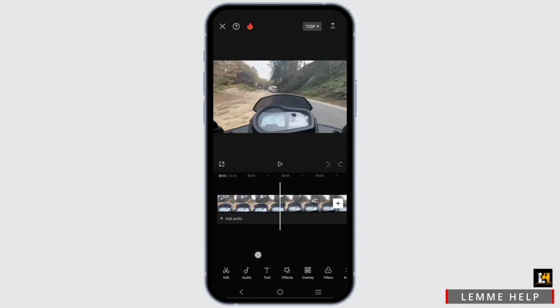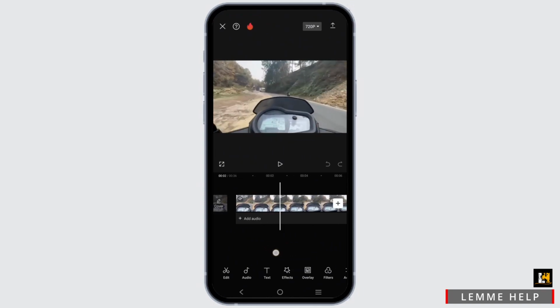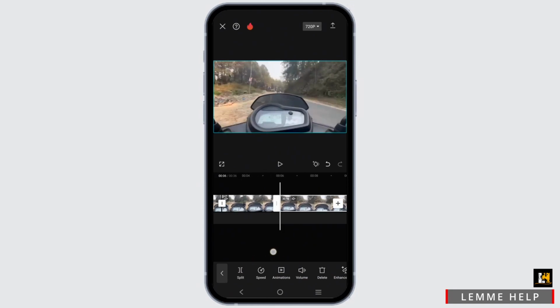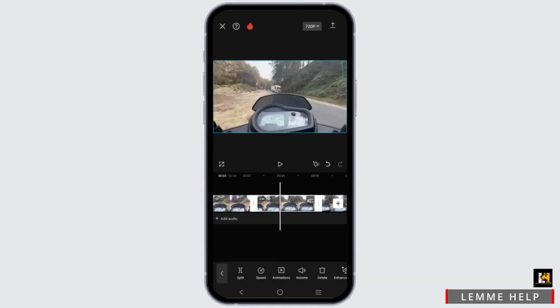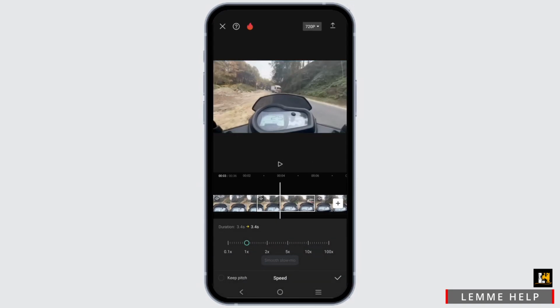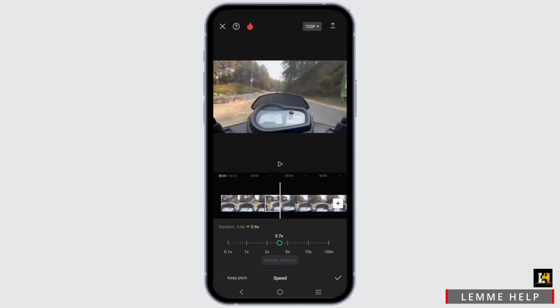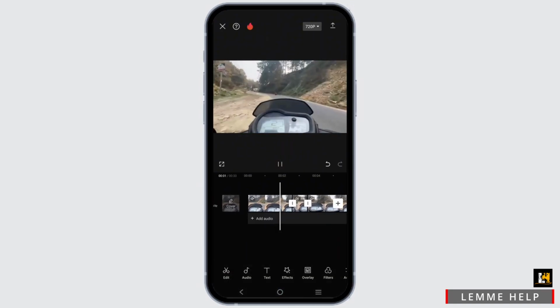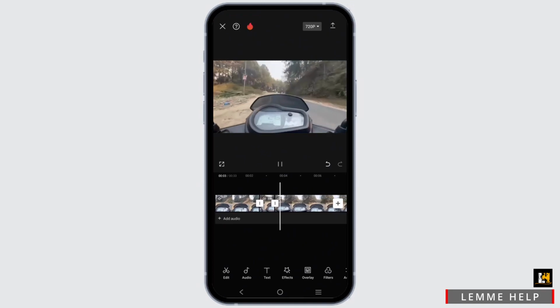Now to speed up a video, you can select a particular section. For that, tap on the video, select split, then again tap on split and select the section where you want it to speed up. Select the option of speed from this option, then tap on normal. Drag to the right to speed up your video, and if you give it a play, you will see the